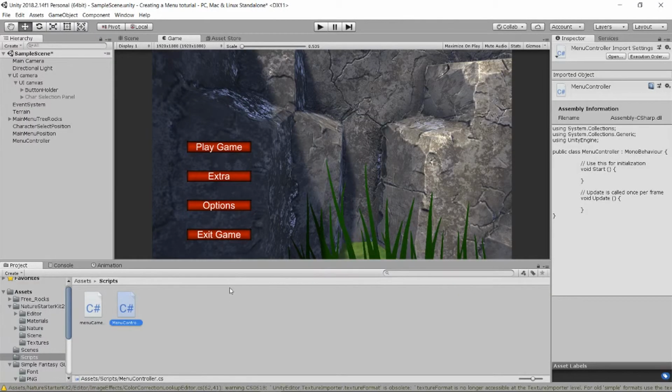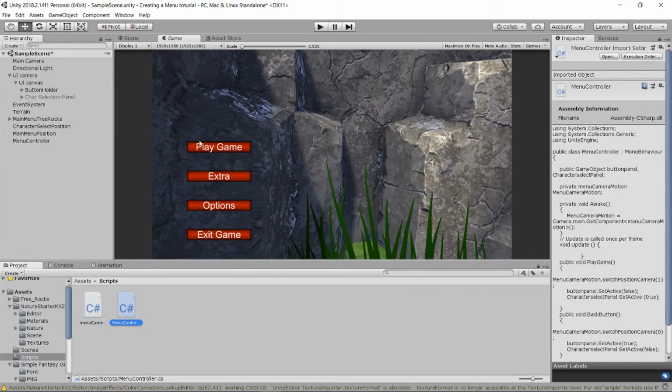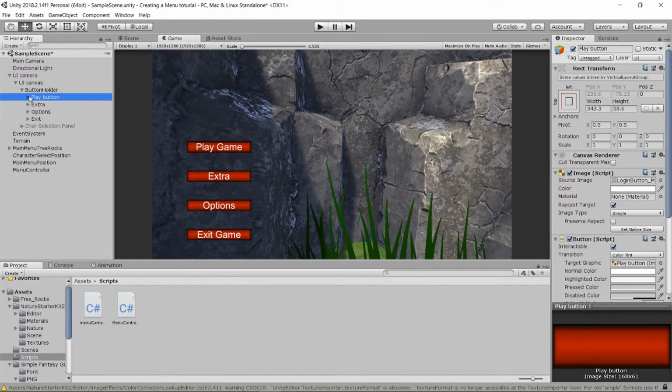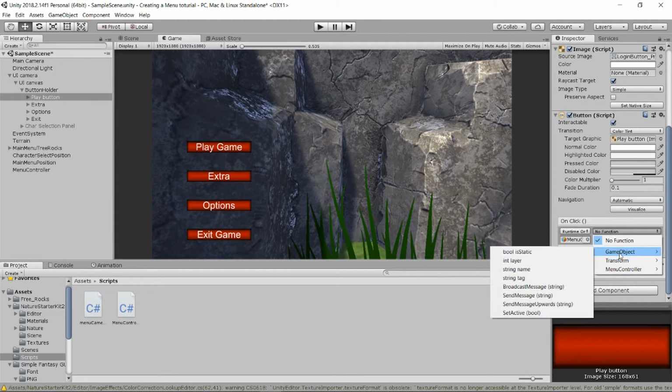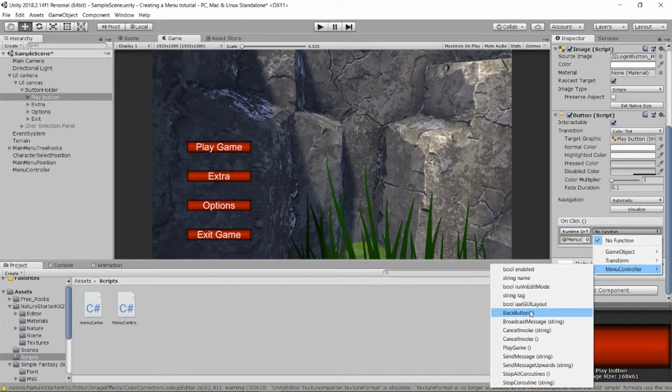Okay, there we go. So this is all the coding we need, these two, and then we're gonna go into our game. And before we can use the buttons, we need to assign them. So we go into the bottom holder, find the play button, and there should be, it's compiling for a sec. It's done. Yeah. Down here on click, it's gonna take the menu controller, put in here, and we can call from the game object a function. Oh, from the menu controller, sorry. You can call PlayGame,